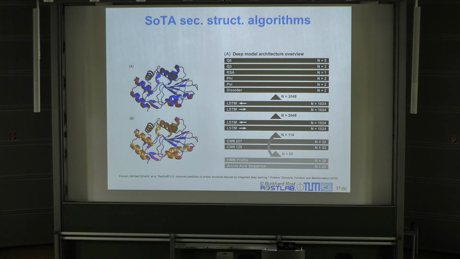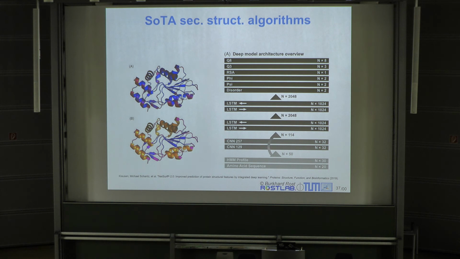So what they use down here, again, is the amino acid sequence as one-hot encoding, so this gives you 20 features. They also used hidden Markov model profiles, giving you 30 features, so 20 for the replacement probabilities, but also probabilities indicating gaps and all that stuff. And so they had an input of size n by 50, so they replaced basically what I always wrote as L with n. Then they create a CNN which has a window size of 129 over this versus our 7, and they train 32